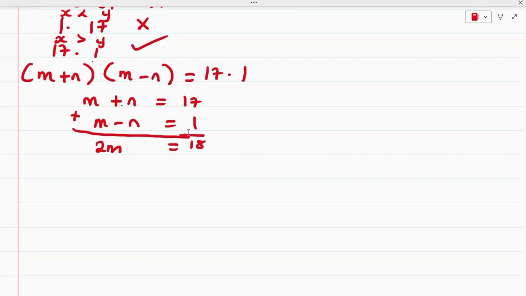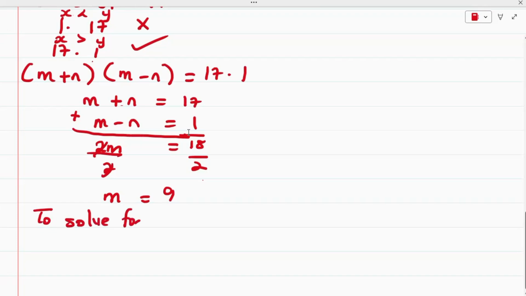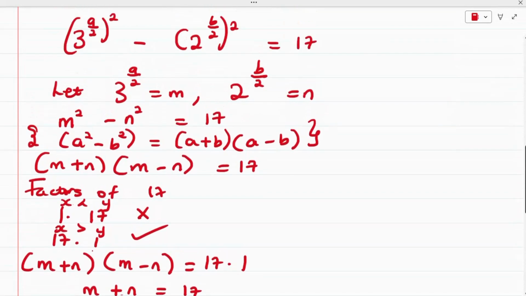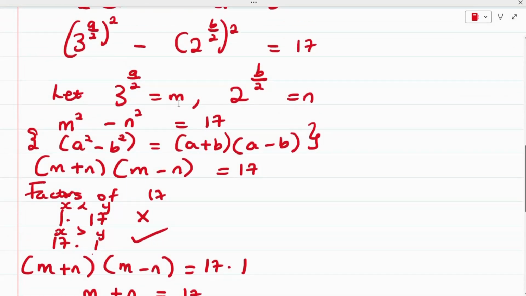We have this to be 18. So divide both sides by 2. This cancels out this. We have that m is equal to 18 divided by 2, and we have this to be 9. So to solve for n, we have m plus n is equal to 17, and we have m to be 9, plus n is equal to 17. So from here we have that n is equal to 17 minus 9, and n is equal to 8. So therefore we have the values of m and n to be 9 and 8. Now I want to simply recall here that we let 3 raised to the power of a over 2 be equal to m and 2 raised to the power of b over 2 be equal to